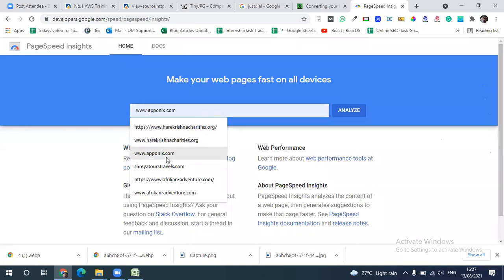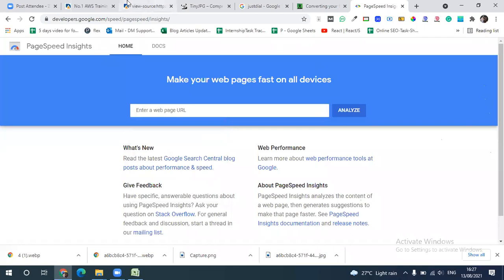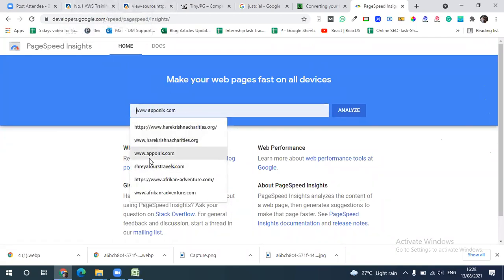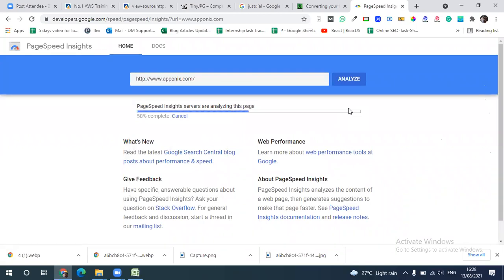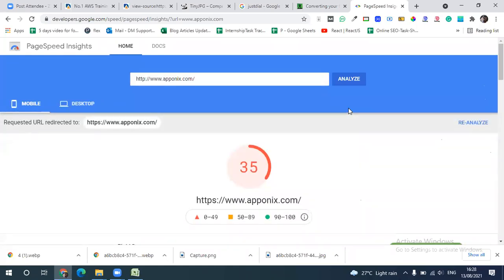Let's see, I will take it as web pages here. Okay, here you can see it's providing the score, for desktop and for mobile.